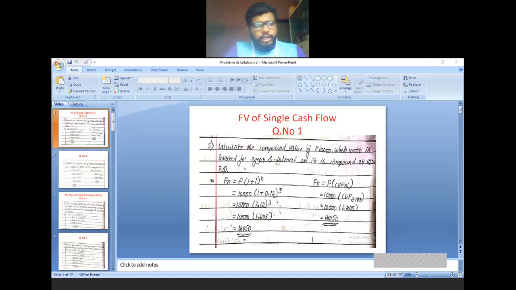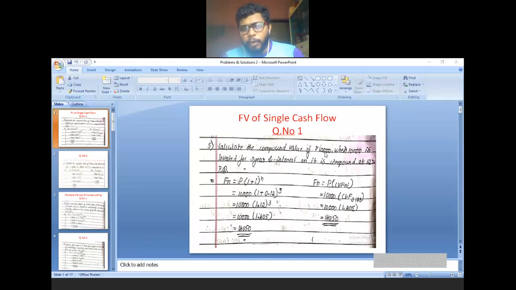So, this is the calculation relating to future value of single cash flow. What do you mean by future value of single cash flow? That means they will give the present value, and from the present value you have to calculate the future value, but one time everyone is making the investment, that is called future value of single cash flow. They will give you the present value and you have to calculate the future value. Maybe a 3 mark question or sometimes 7 mark question, together they will ask 3 to 4 questions. So we'll discuss all the problems as well as solutions in today's part.